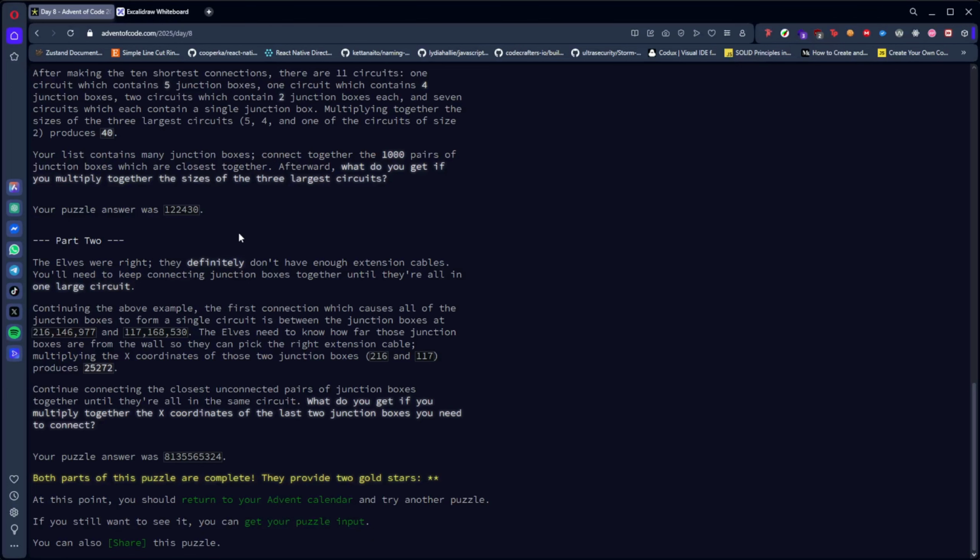And now to continue with part 2. The Elves were right, they definitely don't have enough extension cables. You'll need to keep connecting junction boxes together until they're all in one large circuit. Continuing the above example, the first connection which causes all of the junction boxes to form a single circuit is between the junction boxes at 216,146,977 and 117,168,530. The Elves need to know how far those junction boxes are from the wall so they can pick the right extension cable. Multiplying the x coordinates of those two junction boxes, 216 and 117, produces